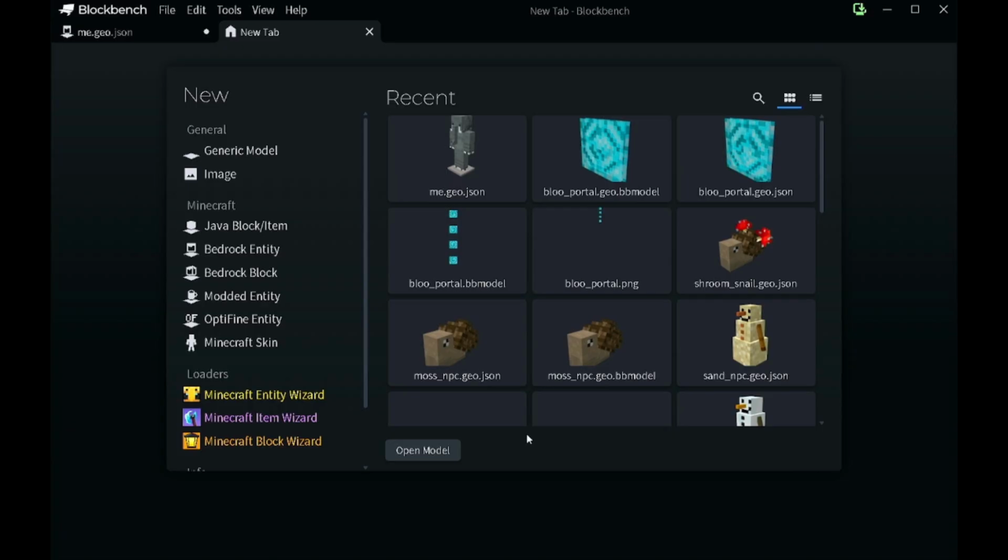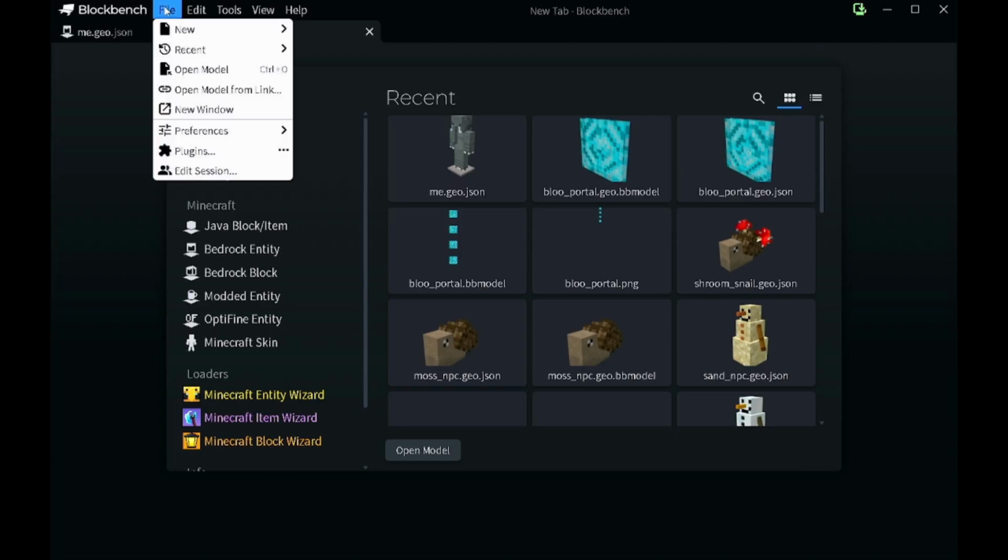Hello. I've been creating Blockbench models for quite a while now, and I've never put out a tutorial on how to use them, and I'm learning new things every single day, so I thought I would show people how I go about making models. I want to show people how to use the wizard plugins,